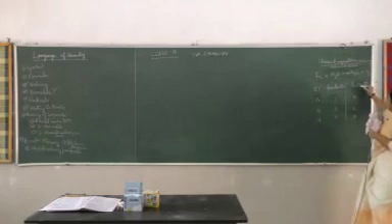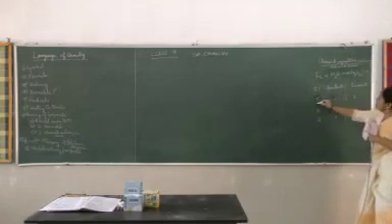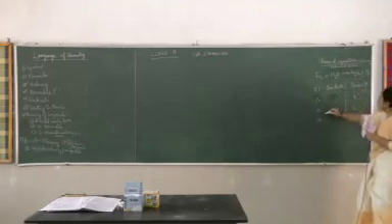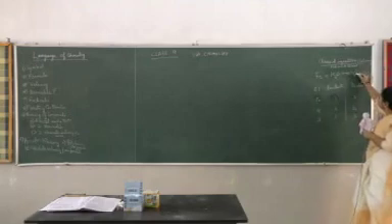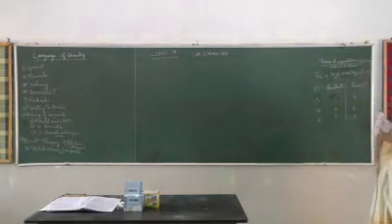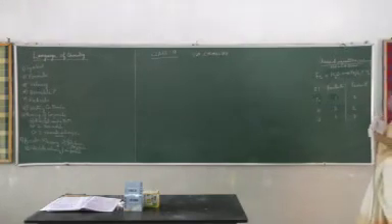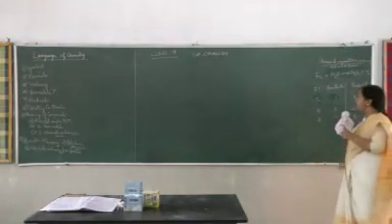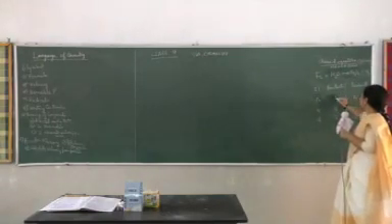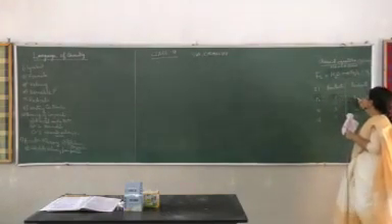On the product side, Fe is 2, two times Fe2, so 2. Then hydrogen, 2 atoms, so 2. And oxygen, 3 atoms. So we write down the frequencies. Now we have to balance this. How do we balance this? We balance by taking the least frequency first. Iron on the product side, you are seeing 2 irons.